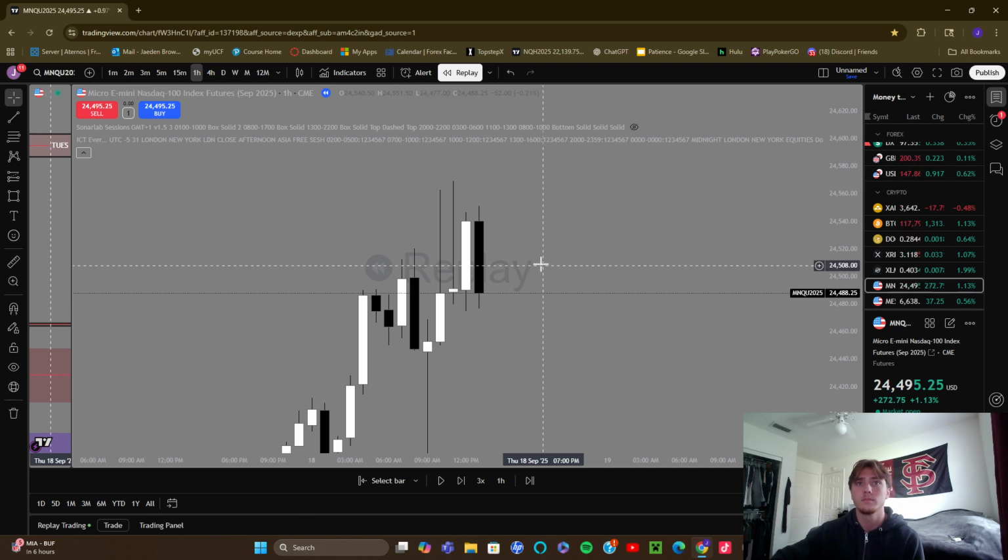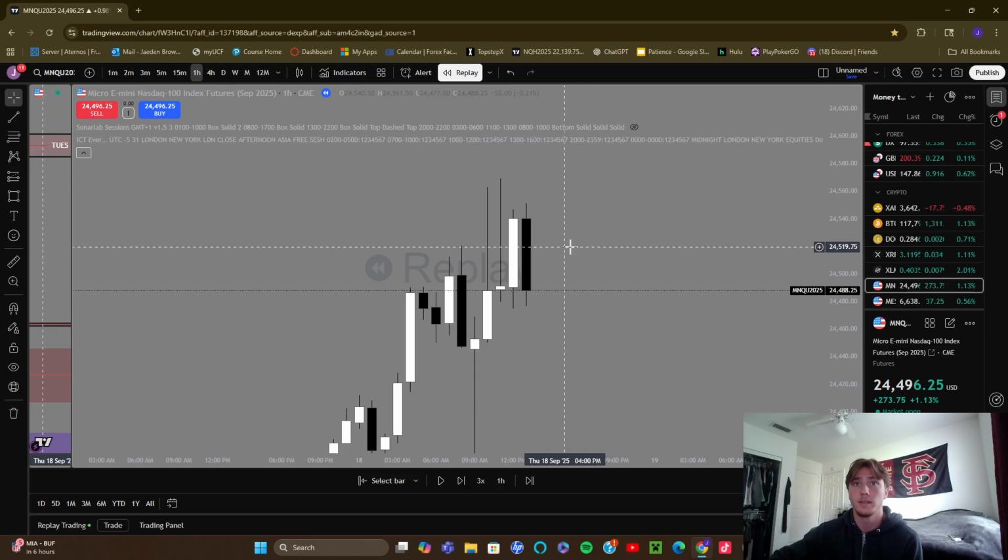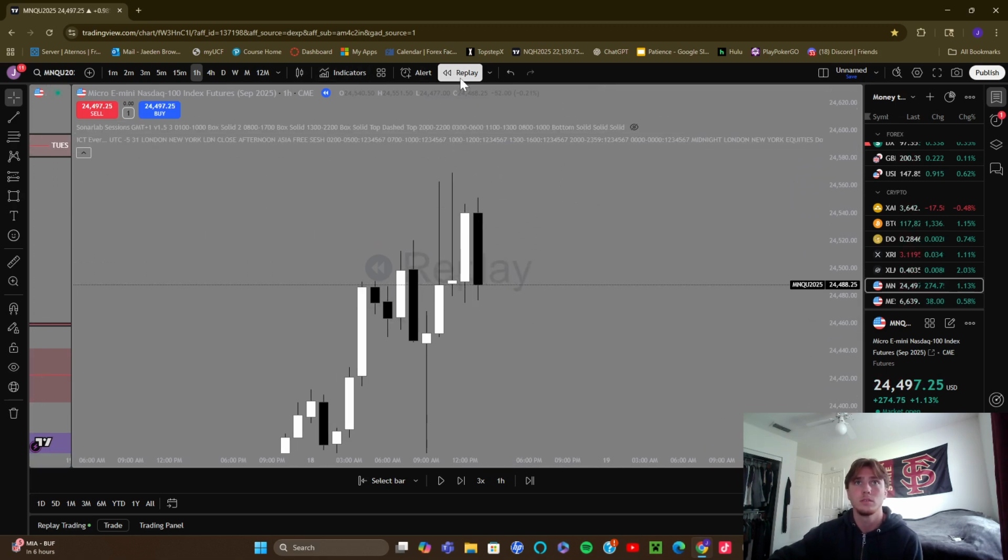There's not much to go off of with candles. That's about it. Open, close, wick, wick. This is where it went. This is where it went. This is where it closed. Let me do another example on this